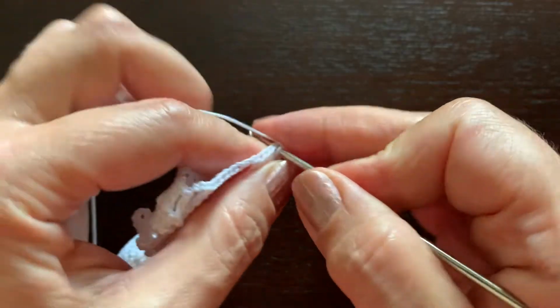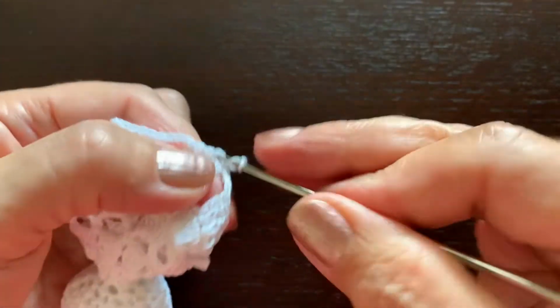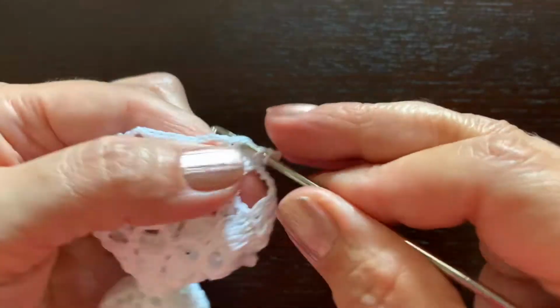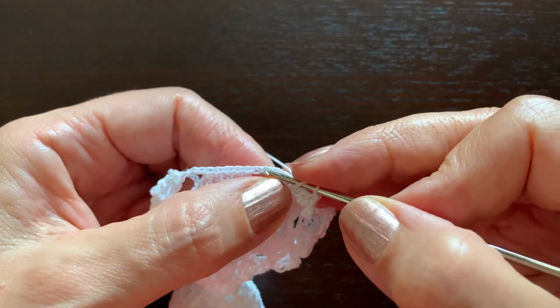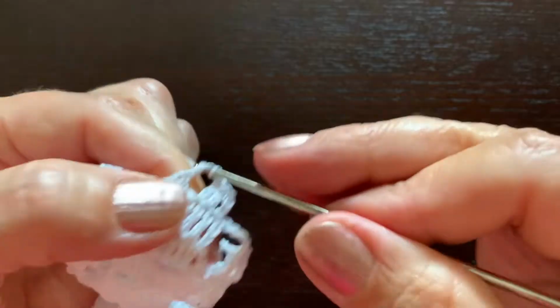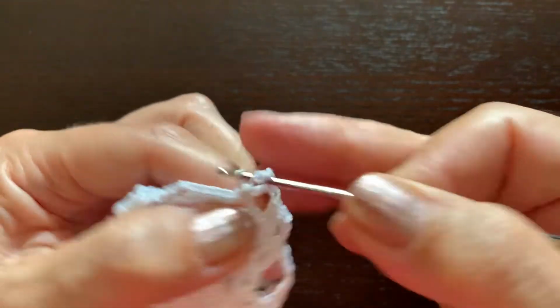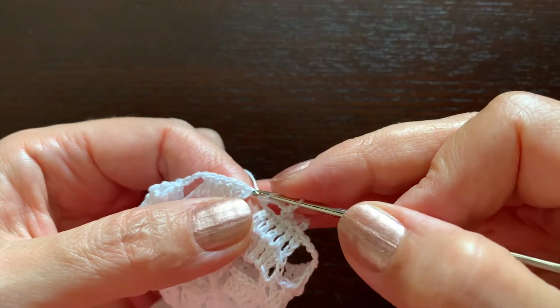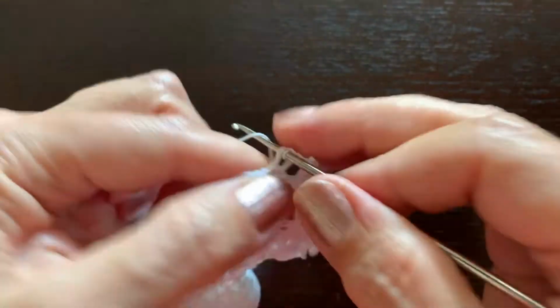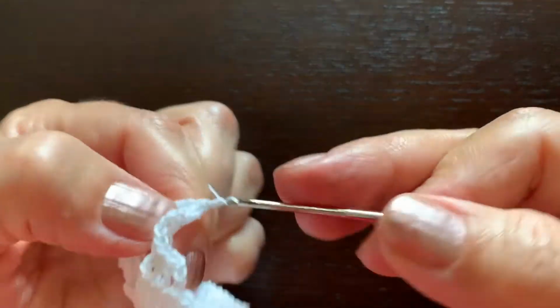We'll start with 1 slip stitch, and chain 3 as the first double crochet, and 2 more. 3. Now chain 1, a double crochet in the middle of these 3 chains, chain 3, another double crochet in the same place, chain 1, and we are repeating this sequence. We are skipping the first double crochet, and we are making 3 double crochet stitches in the middle of the 5 of the previous round, chain 1,